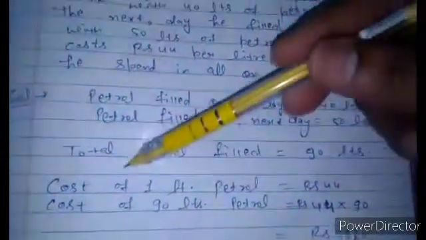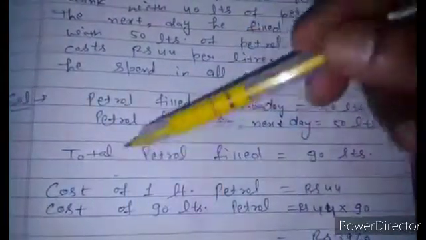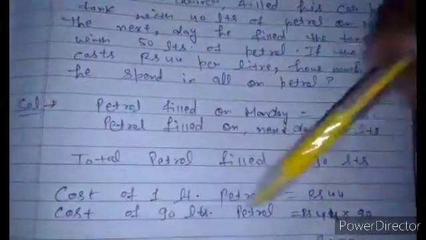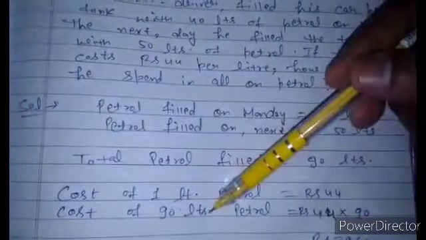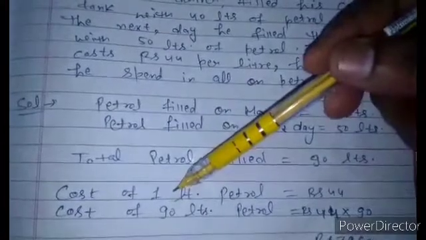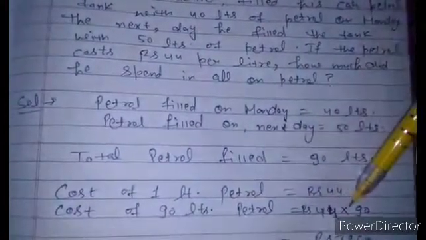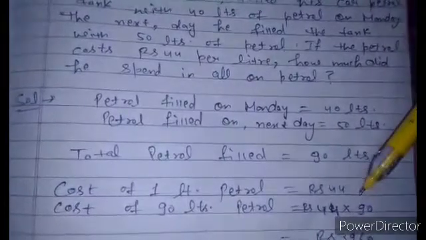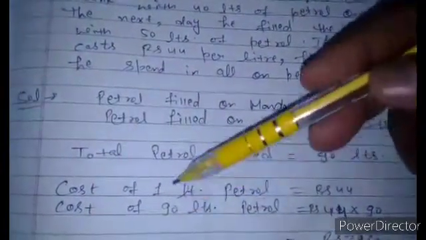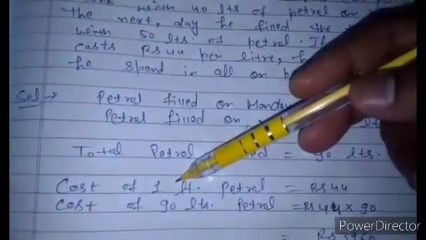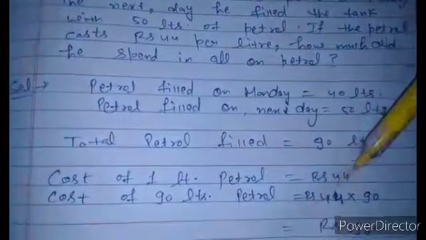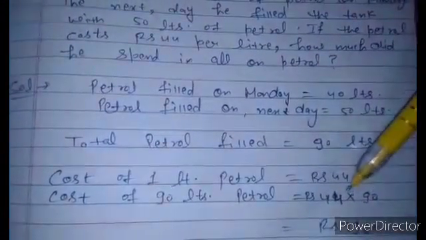Now you can see here the cost of 1 liter of petrol is given to us. Cost of 1 liter of petrol is rupees 44. So rupees will be on the right hand side because we have to find out the amount of 90 liters of petrol. Here we can write the cost of 90 liters of petrol will be more than 1 liter of petrol. In more we are multiplying. If we have to find out the value of more liters, means 90 liters, it is more than 1 liter. If we have to find out the value of 90 liters of petrol, then it will be more than the 1 liter petrol amount. In that we need to multiply.